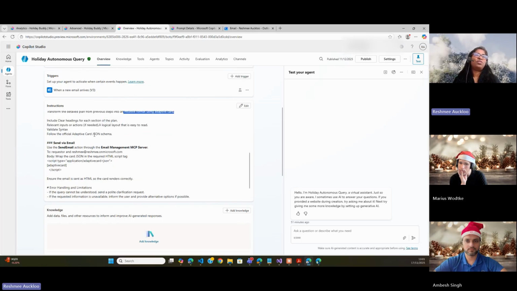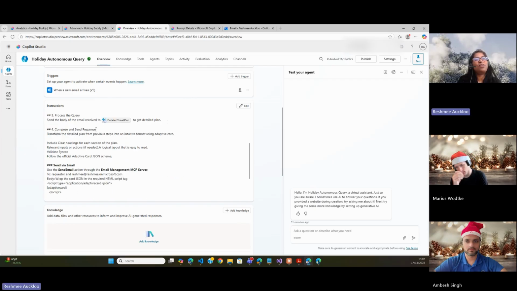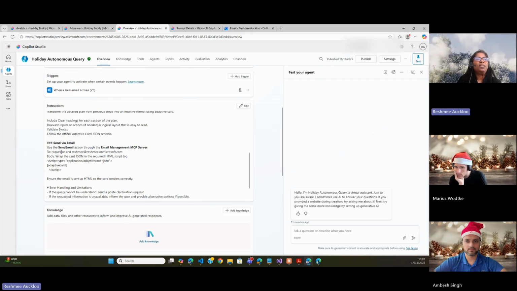I'm saying like for the official adaptive card JSON schema. I should have provided the link, but I thought I provided it at one time, but I didn't. That's all right. It seems to understand what it needs to do, which is great. And then after it processes, it will take the output from a prompt and send it as an